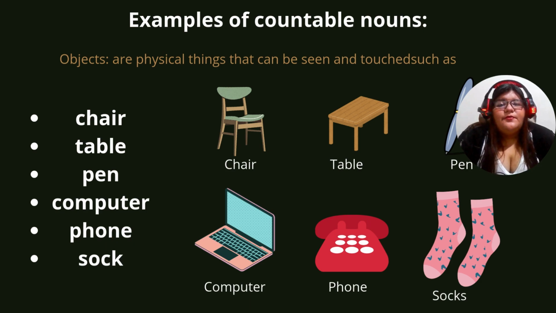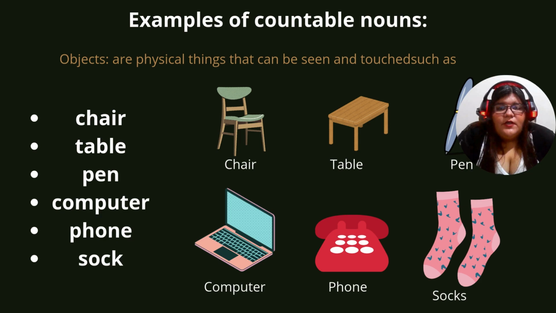We have here examples of countable nouns, the things that we can count, right? For example, objects are physical things that can be seen and touched. As chair, for example, how many chairs do you have in your house? You can count them. How many tables, pens, computers? For example, I could say I have three computers, right? I can count and touch them. Phone, I can say I have two phones,